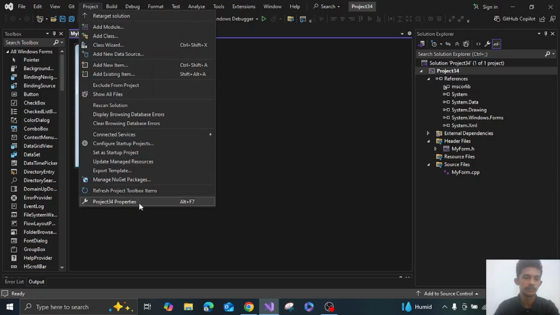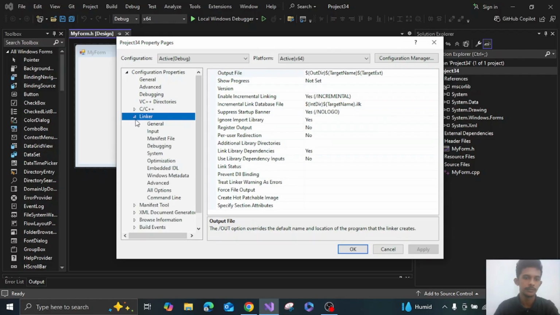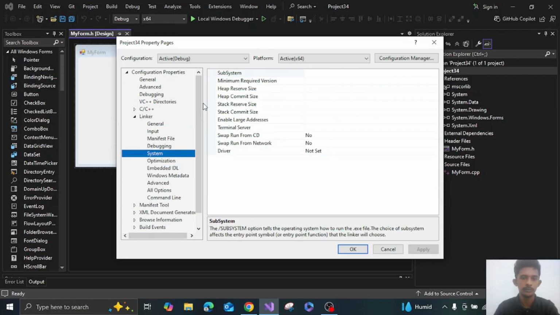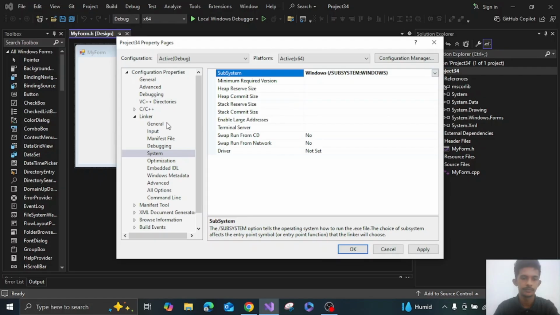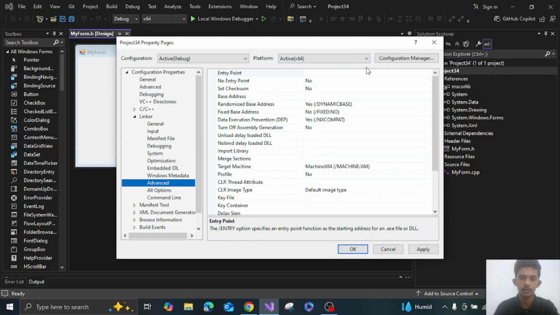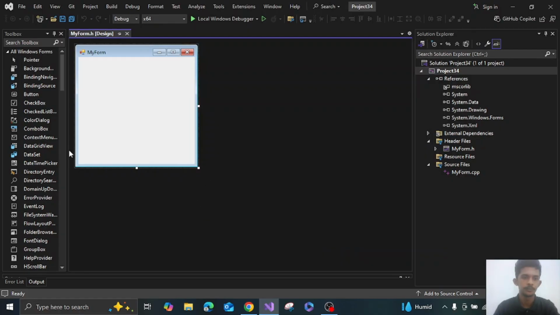Then project, properties, linker, system, subsystem, Windows. Advanced, entry point, main. Apply, OK. My form, search toolbox,